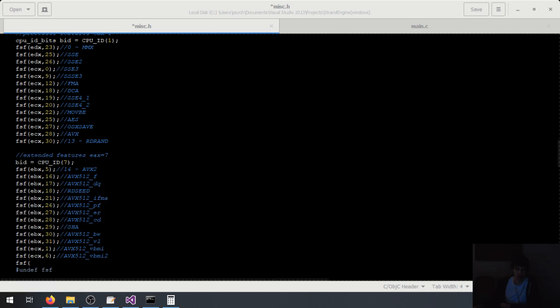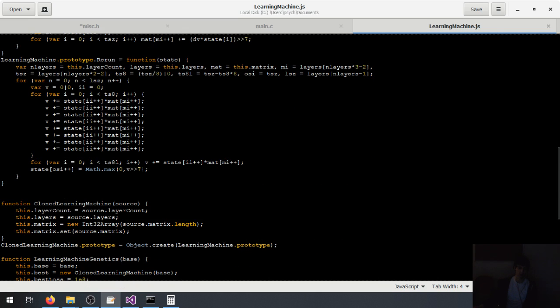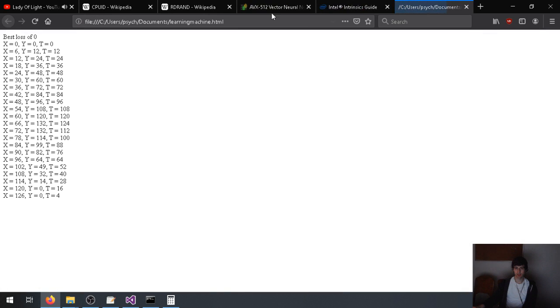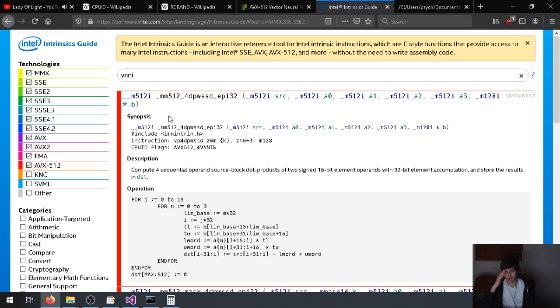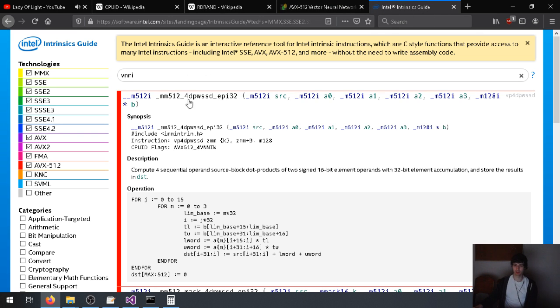Actually, let me just show, I think I still have it here. LearningMachine.js. This is an integer-based neural network I programmed to test integers instead of floats. And integers got a best loss of 0. Basically, the quantization from integers, this is a neural network matching a triangle wave. The quantization helps evolution and the training so much. So this has now shifted my whole focus towards doing tons of tiny 16 or 8-bit integer operations. This is just a shitty example in JavaScript, but the real amazing thing is if there's these